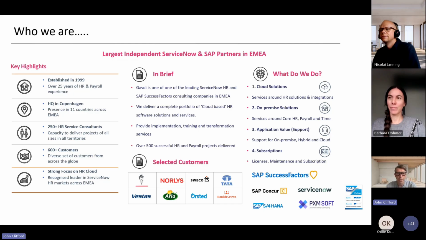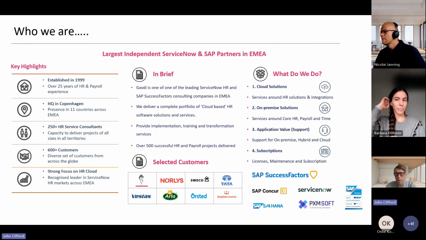And who are Gavdi Group? So we're an SAP Gold partner. We're in the SAP space 25 years, hard to believe. This year we celebrated our 25th anniversary with all our colleagues down in Barcelona. I think we're a little bit different to other SAP partners in the sense our focus really has always been just on HR. And when I talk about HR over the past 25 years, we talk about on-prem, hybrid, and what's relevant today, SAP SuccessFactors and the cloud.